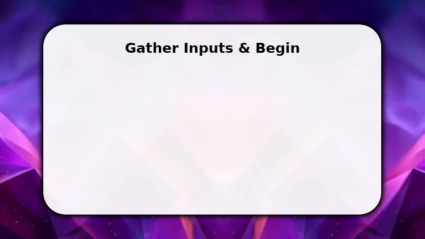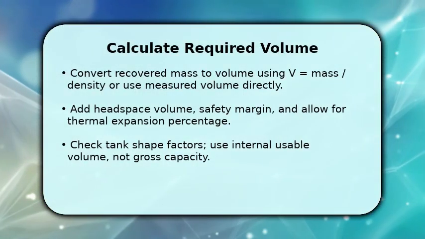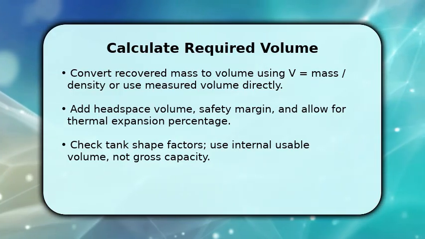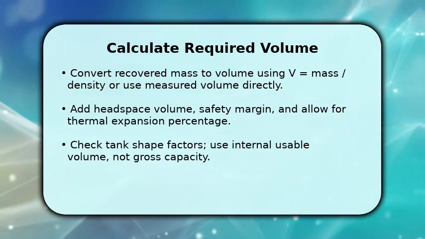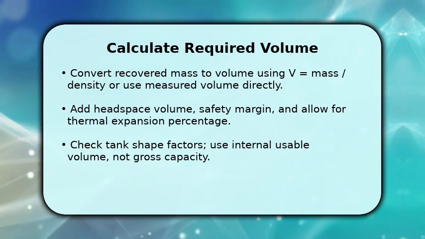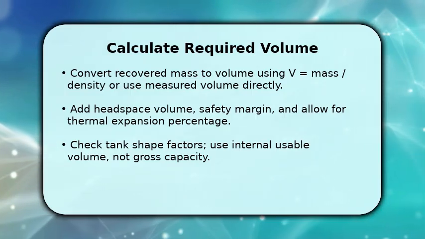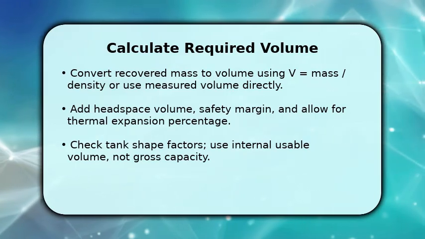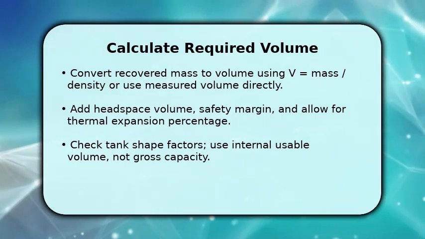Now compute the usable tank volume. If you have mass, divide by density to get liters. If you measured liters, use that value directly. Add the required headspace volume and then add the safety margin you selected. Include an allowance for thermal expansion, usually given as a percentage, so multiply expansion percent by stored volume and add